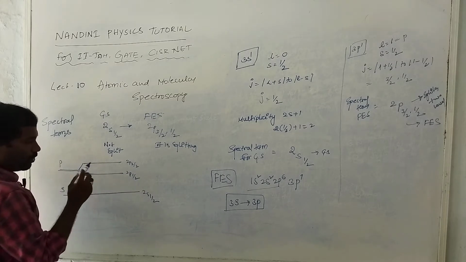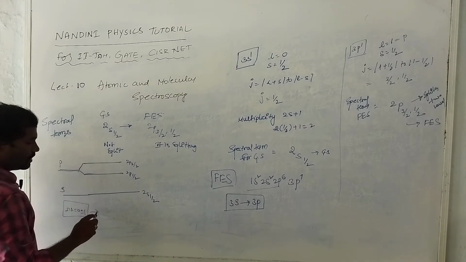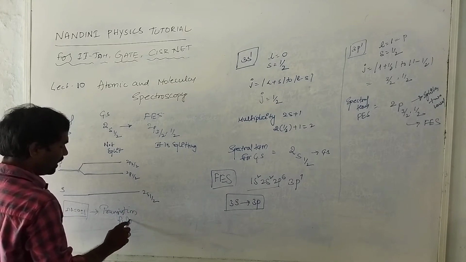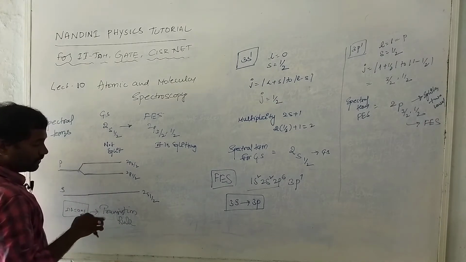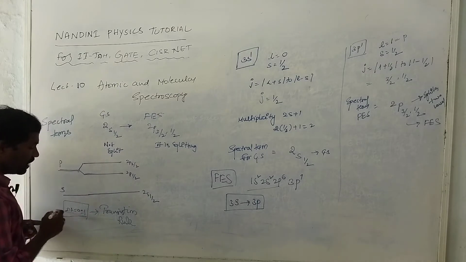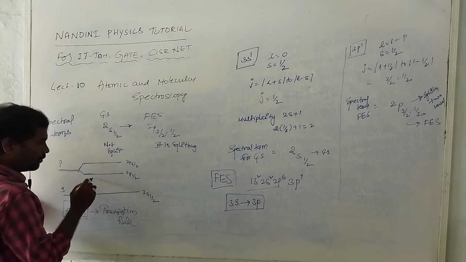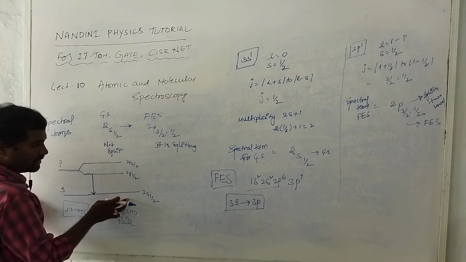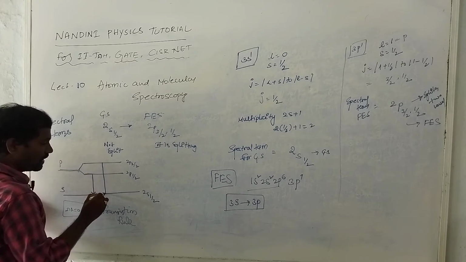Okay. So what are the possible transitions? According to delta L is equal to 0, plus or minus 1. This is the transition rule. Using this transition rule I can explain further in the next class. The next topic is transition rules; these transition rules come under quantum mechanics. A transition from the P to the S state is one transition, because 1/2 to 1/2 is one transition, and P 3/2 to S is another transition.